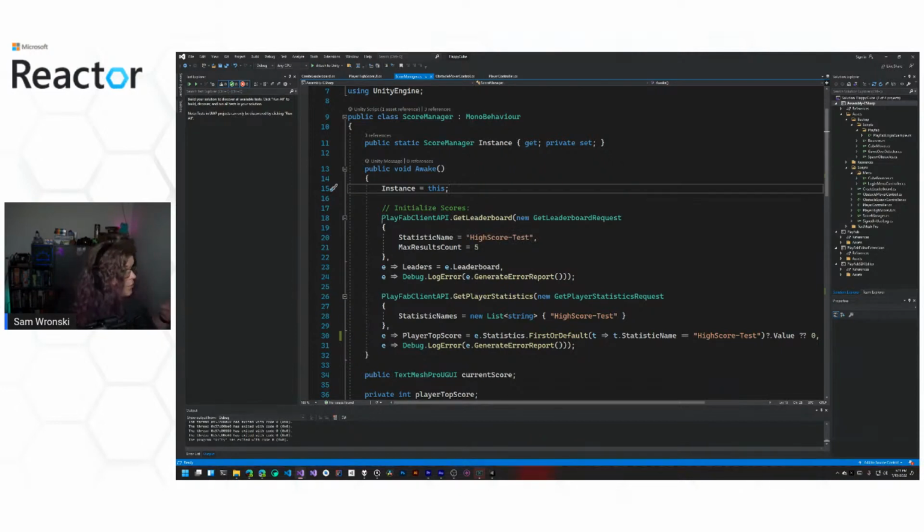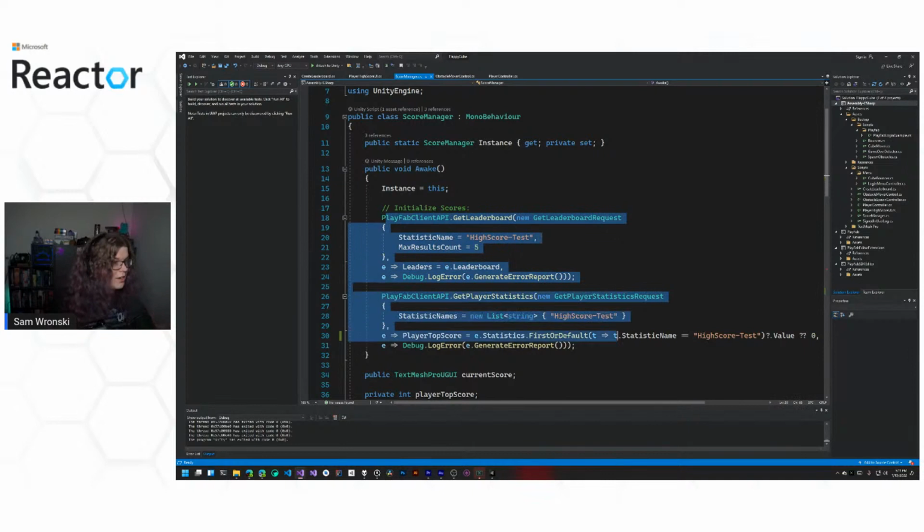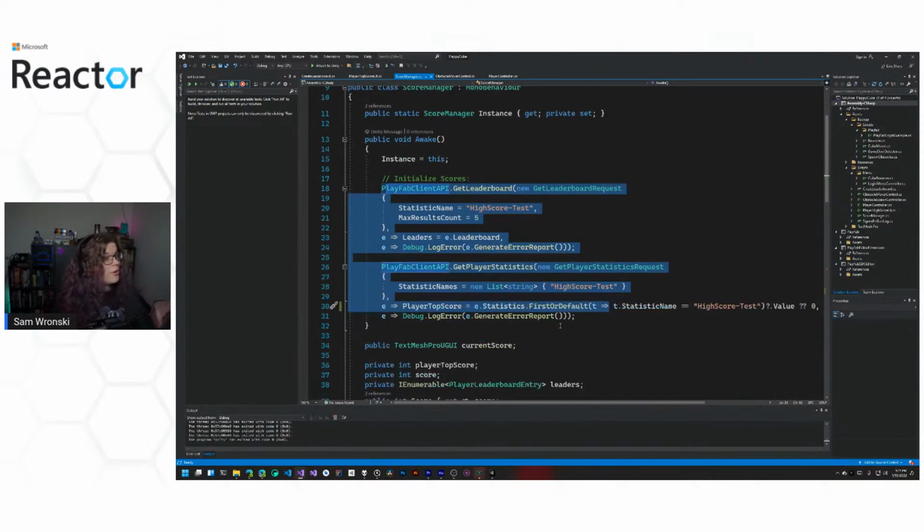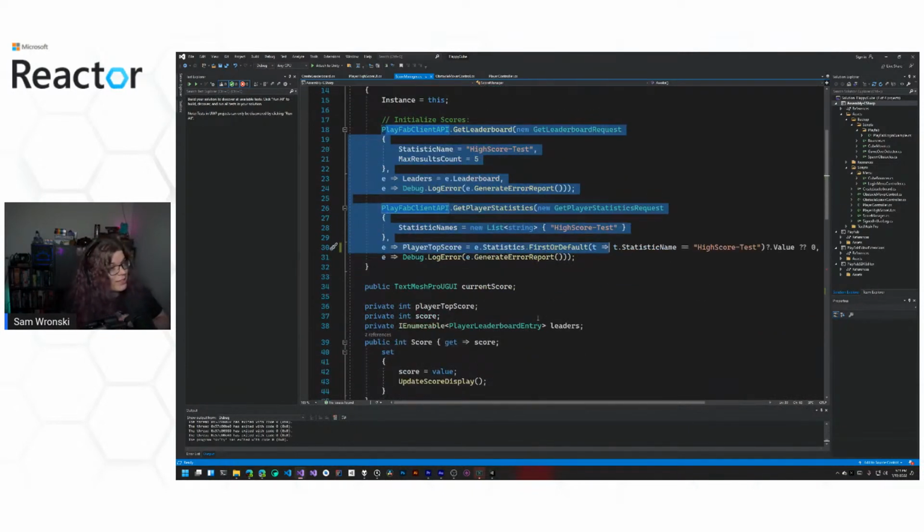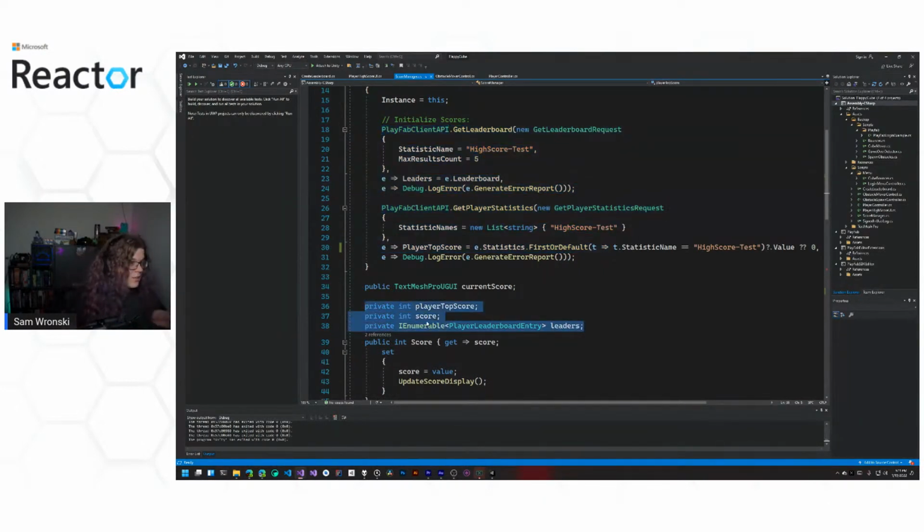So what we're doing here is actually grabbing the statistics that we need. The score manager tracks the top score that the player has, the current score, and the leaders. So these three values here are tracking current score, top score for that player, and who the leaders among everybody is.